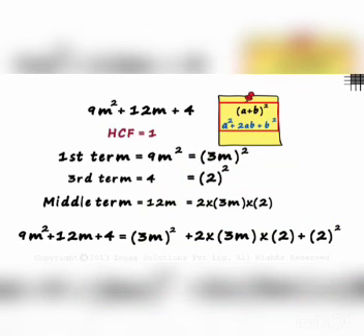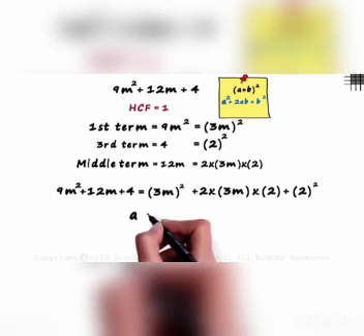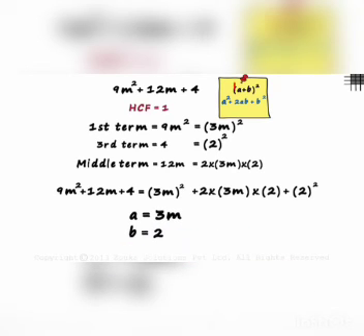Does this expression look familiar to you? Look at the first identity. Our expression looks exactly like the right-hand side of the identity, where a would be 3m and b would be 2. So a plus b the whole squared is equivalent to 3m plus 2 the whole squared. 9m squared plus 12m plus 4 can be written as 3m plus 2 the whole squared. We could successfully factorize this expression using the first identity.